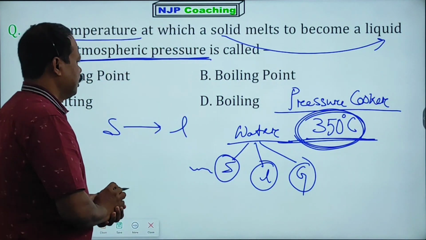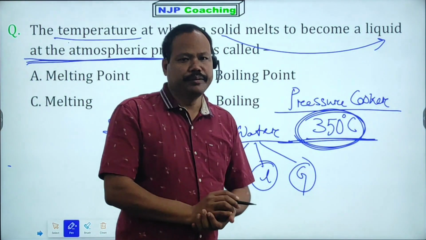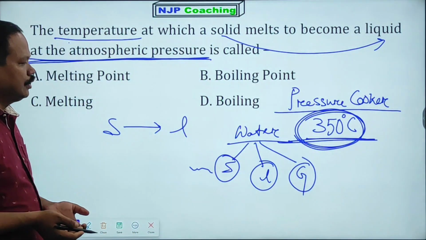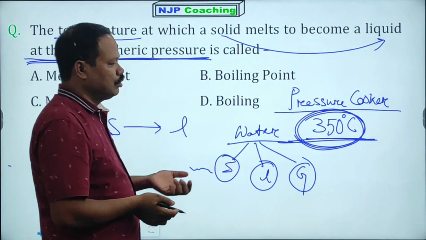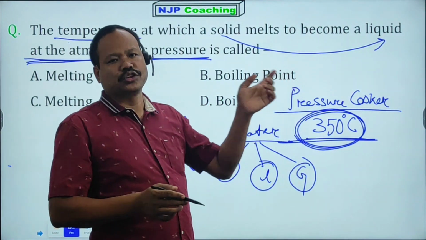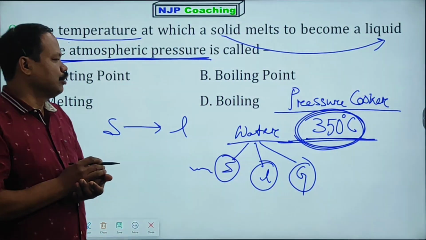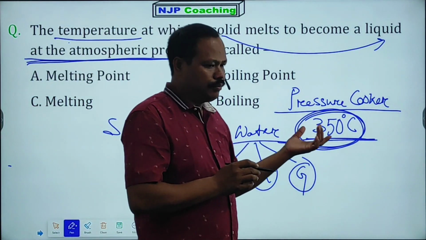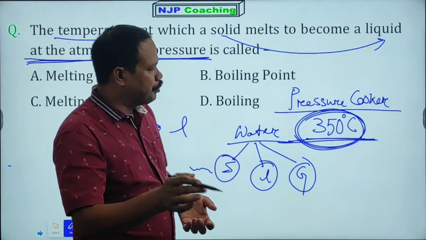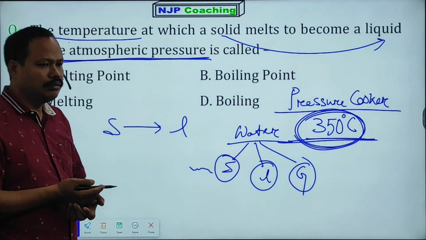This is one most important example, that not only melting point, I have mentioned this for boiling point. Boiling point of water is 100 degree centigrade. At 100 degree centigrade liquid water converts to gas at its atmospheric pressure. At the atmospheric pressure. If at atmospheric pressure a liquid converts to gas at a temperature, that we call the boiling point.